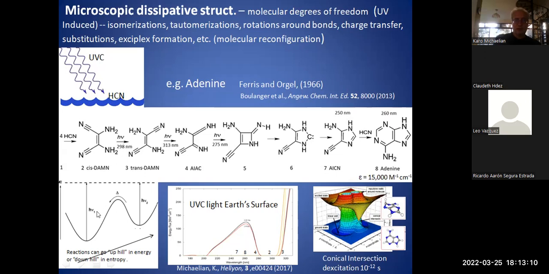And it also goes up in energy. We have this is a little bit higher Gibbs free energy. Not much, but it's a little bit higher. But it has a very large activation barrier, so we have to absorb a photon to go there. And then in the second step, here we go from trans-DAM to AIAC. And that occurs just by a proton transfer here from this group to this nitrogen group. Okay, so that gives us this configuration.